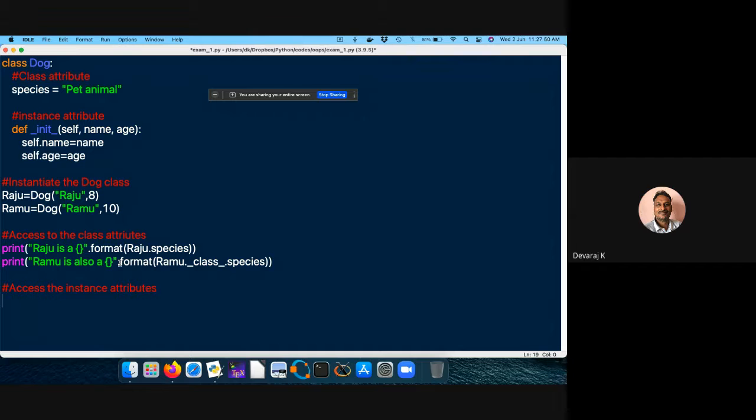So here, if I try to print, let me use the simple print command. What I'm going to use actually, I need to get the name of the animal. So what I will do is put this flower bracket, so many years old.